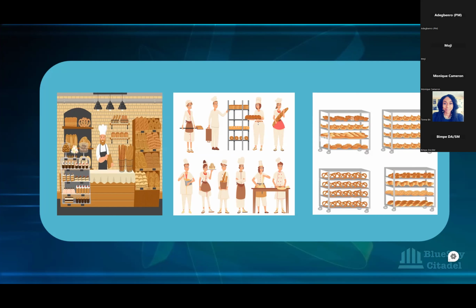Because based on the fact that we said one person's output is 2 trolleys and 2 staff are not coming in, that means we're going to get 16 trolleys at the end of that day. And that means some stores are going to be impacted. They won't get the number of pastries they normally get from this chef, which their customers are used to. It's morning, they've gone to collect, or maybe it's the bakery that brings it over